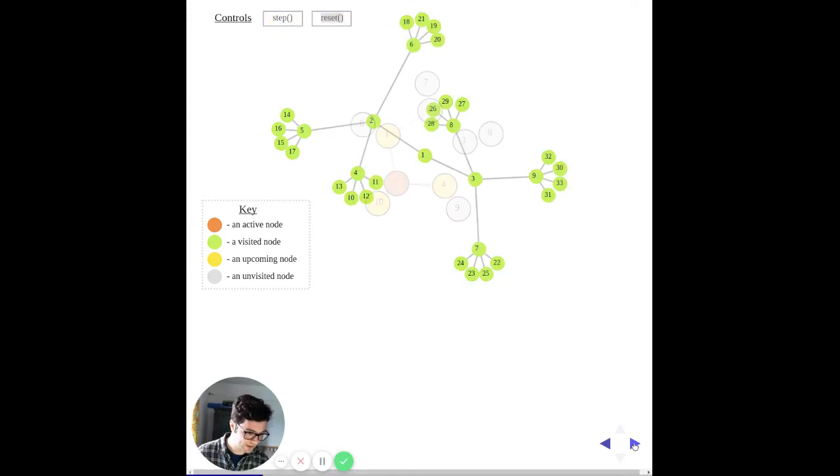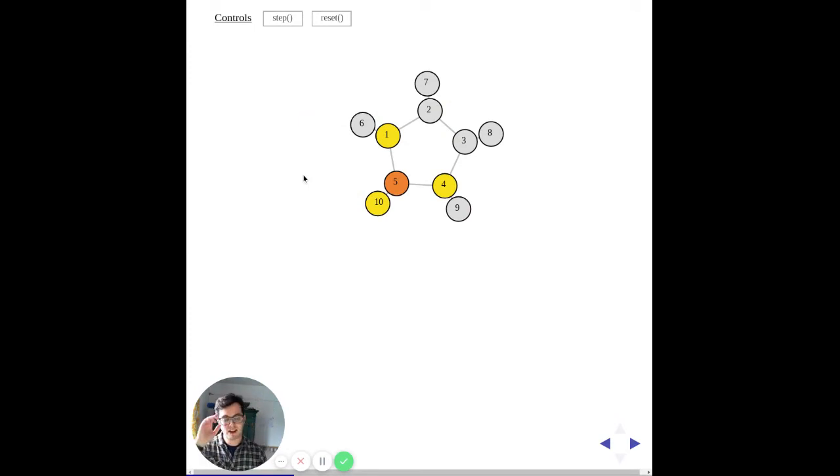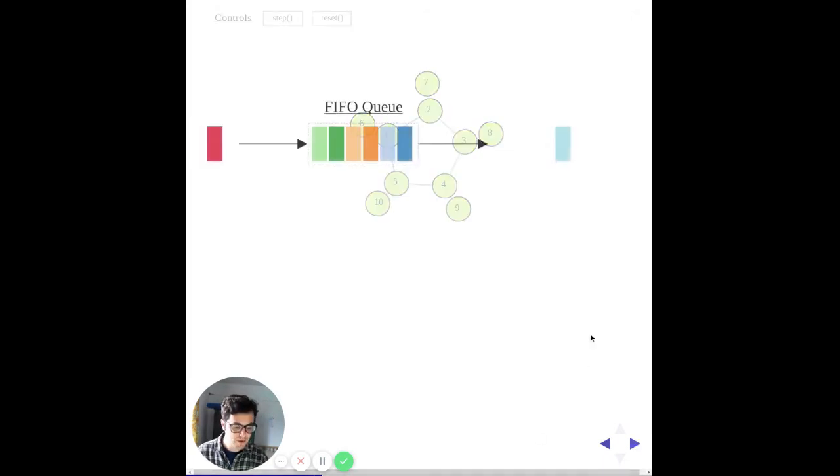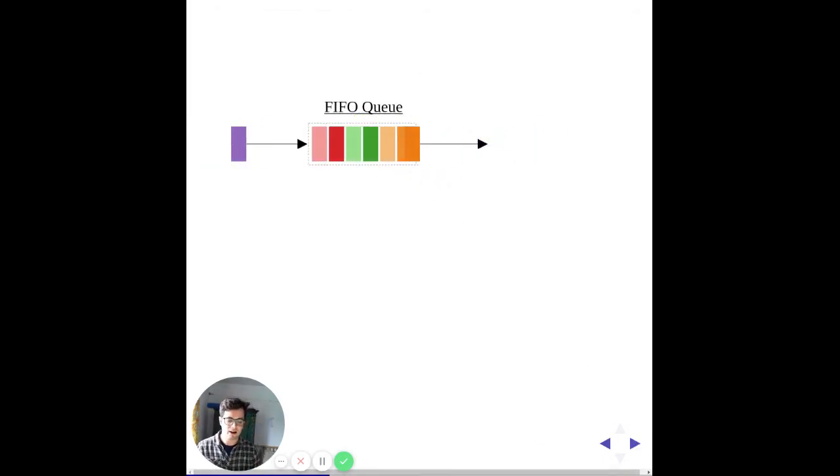Okay. Again, this is the same thing, but just a different graph. So we have a star graph here, starting at node 5, and stepping out, you can see it sweeps out, exploring every single node in a layer by layer fashion. So how do we actually do this layer by layer kind of